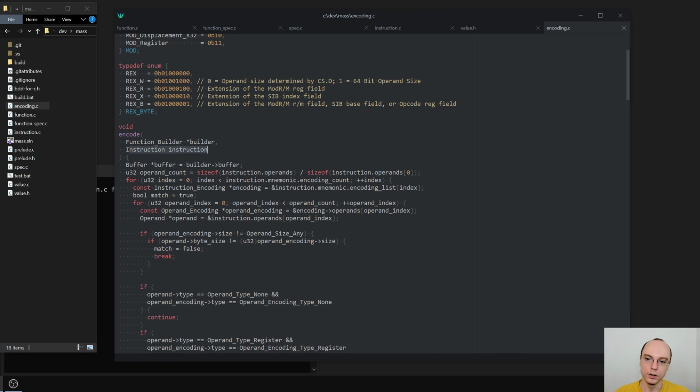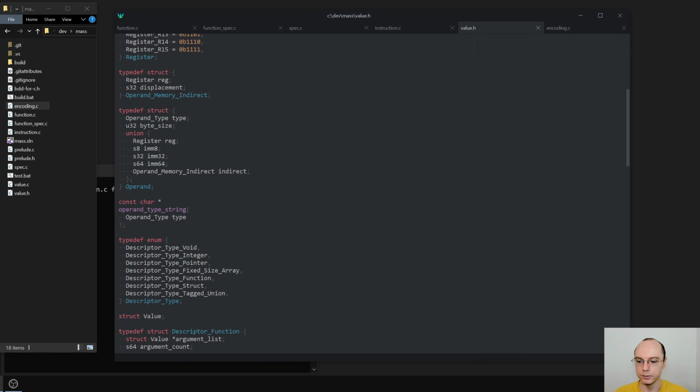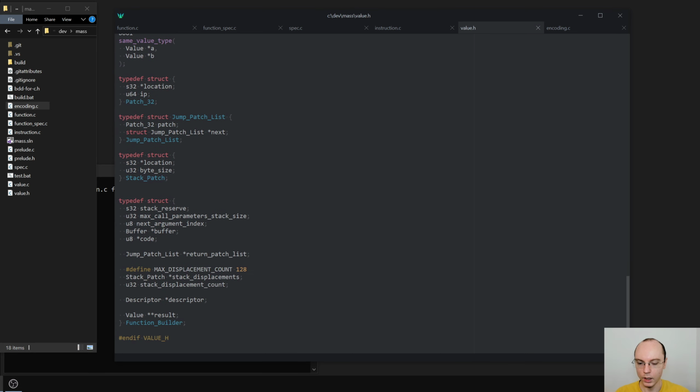In particular, we will no longer directly call encode every time we do an operation, and instead we will buffer up all the instructions that we need to encode, and only then, when we are done with the function, we will in one go flush them all out and do them all at once. This will need some changes to the way this is done. So we start with function builder, and inside function builder, I will be lazy for now